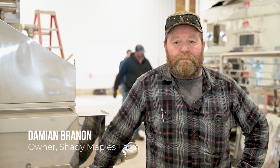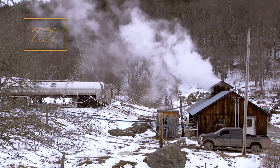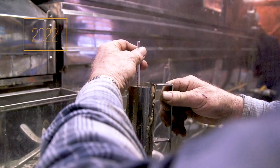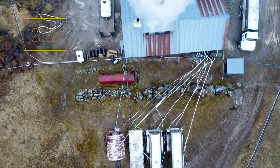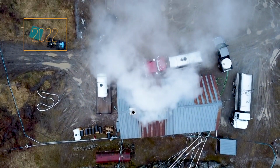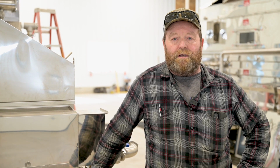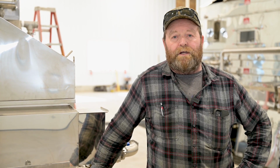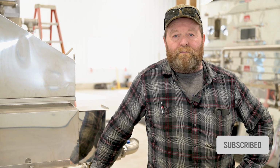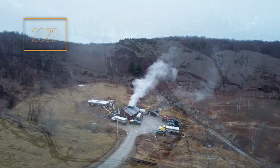Last year we were putting about 70,000 taps through with one evaporator, one filter press. And the old building was size-wise 24 by 50. Way too small. We were moving syrup out of it as fast as we were making it. And it was just a chore, no heat in there, so it was very tricky to get your ROs washed and your permeate dumped for the night before it would freeze. And so we decided to do a new facility